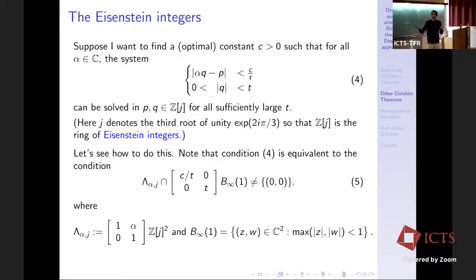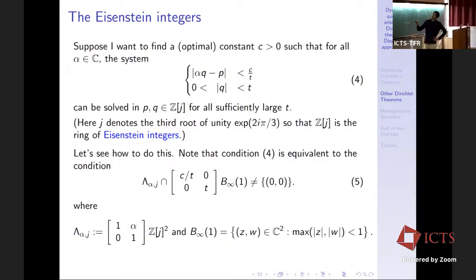So maybe you want to look at good approximations of complex numbers by P over Q, where P over Q are coming from some number field. And maybe some people in the audience have done work or are interested. But you're right, there are many cases in which you could study this. I just picked one, and let's just go through the argument for this case.